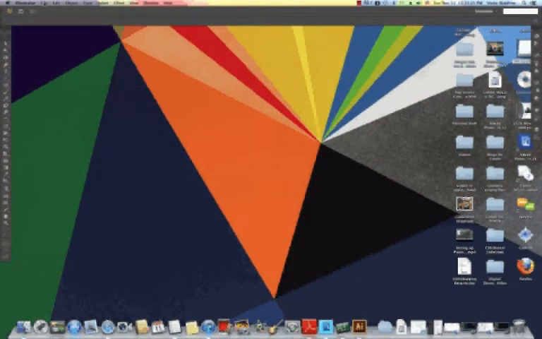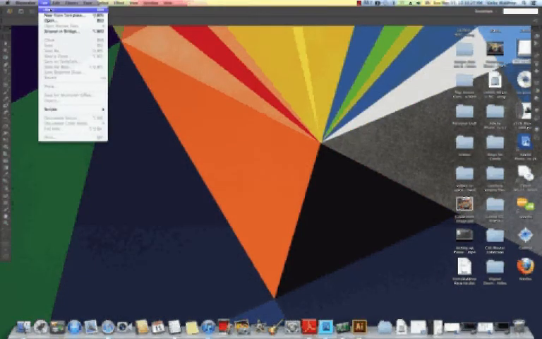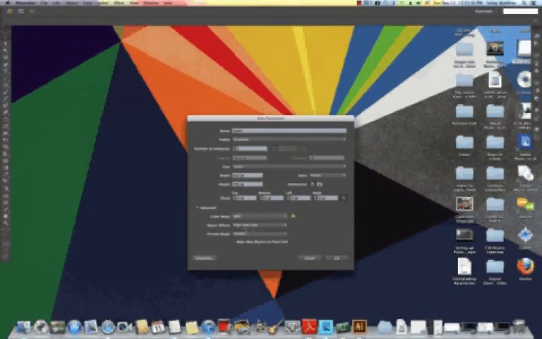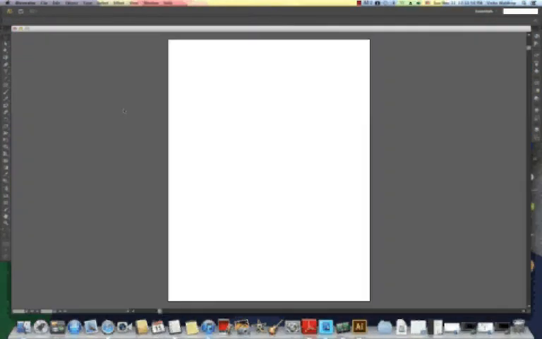and we need to put something on the page, so we're going to go File, New, and for this demonstration we'll just put Demo. And all this looks fine for what we're going to do. If you want to go to Advanced Settings, you probably would choose RGB. Our profiles are calibrated RGB. 300 dpi is a good resolution. Click OK. This opens a blank page, so we need to put something on this blank document so that